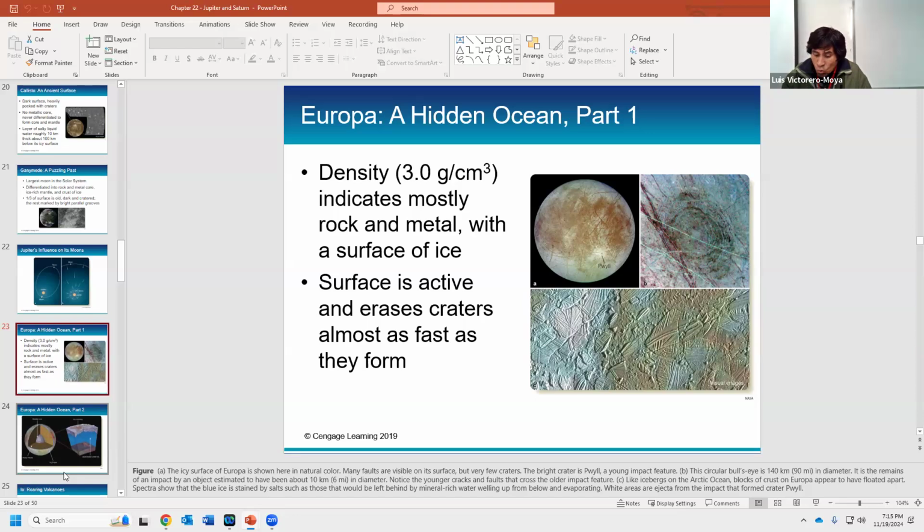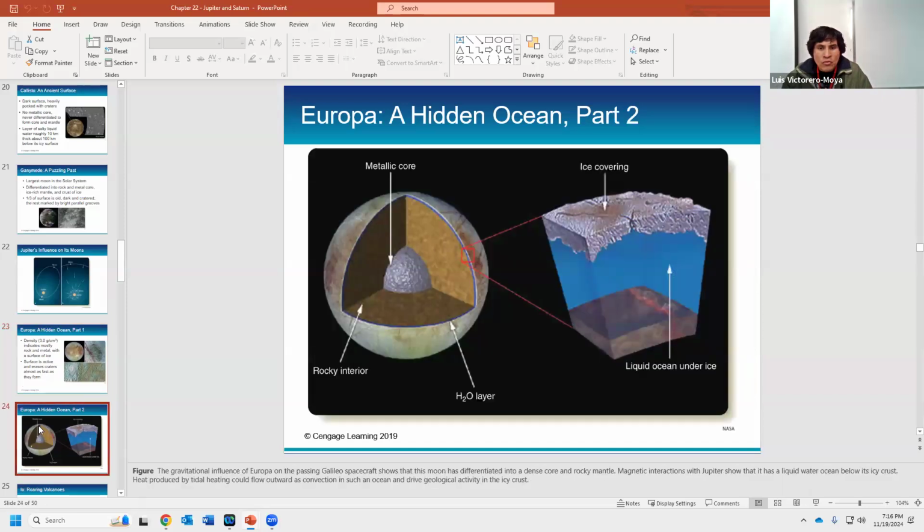The stretching and squeezing of the tidal friction between Europa and Jupiter provides enough heat to melt some of the ice. So that's why we think there is liquid water beneath the icy shell. This water then will allow us to find an ocean that may have twice as much liquid water as all of Earth's oceans combined. When we look at close-up pictures of Europa,